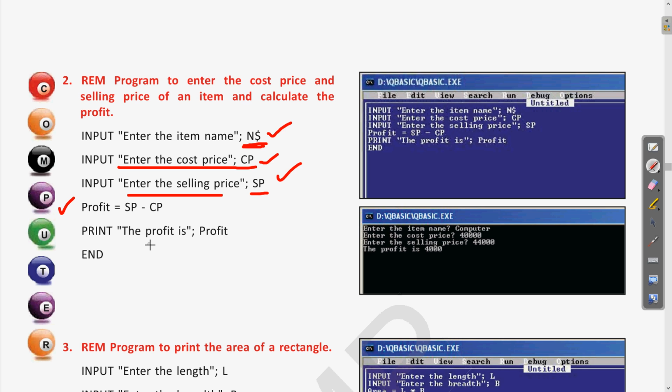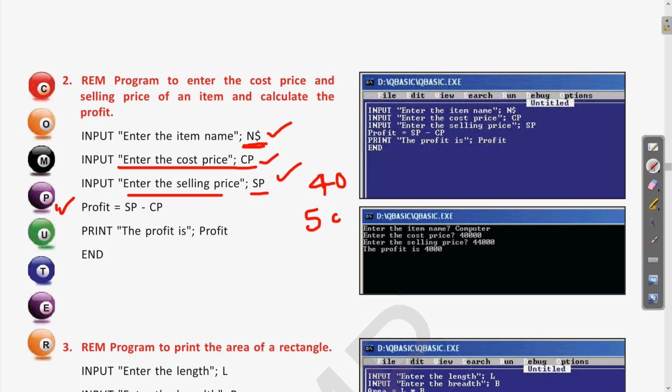Clear? So SP minus CP. This profit is the variable where this value will be stored. Clear? Suppose you have purchased some item with the cost of 40 rupees and you are selling that item with the cost of 50 rupees.